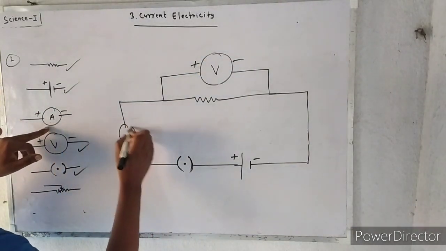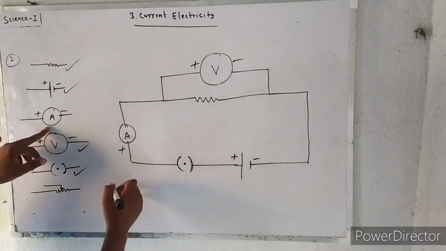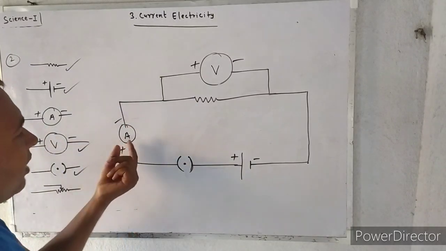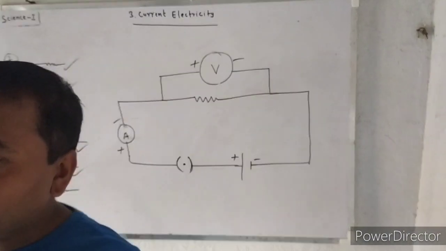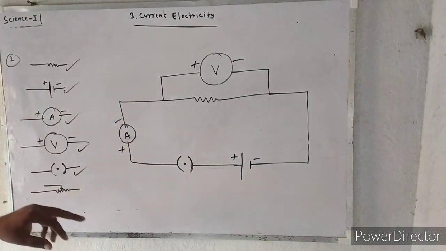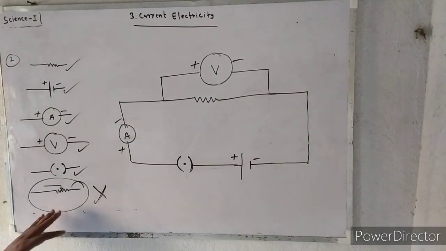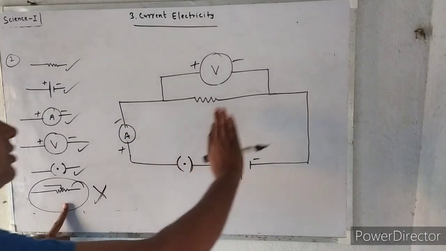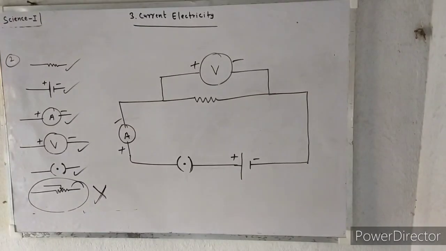Ammeter. This is the ammeter, right? A. See, this is plus, opposite side will be minus. The ammeter is the instrument used to measure electric current in the circuit, and we connect the ammeter in series. This is also done. Resistance done. This one is remaining. There is no need of this variable resistance because there are no empty places given in your textbook. Otherwise, if you want to leave it, that is extra. Now question number 3.